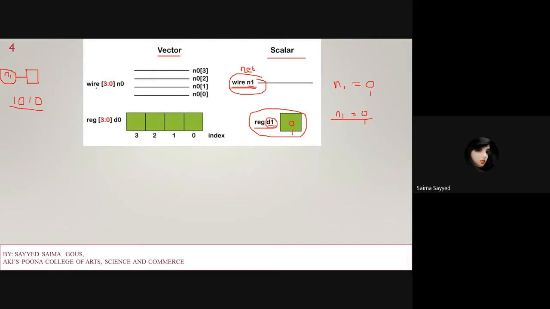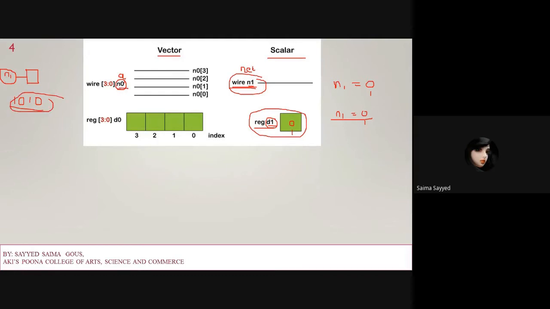Here, wire N0, instead of N1. Whatever your variable is, you have to define it; you can give any name, A, B, C. So wire N0 has a 4-bit range, 3 to 0, which means N0 is a 4-bit number. This is called a vector.